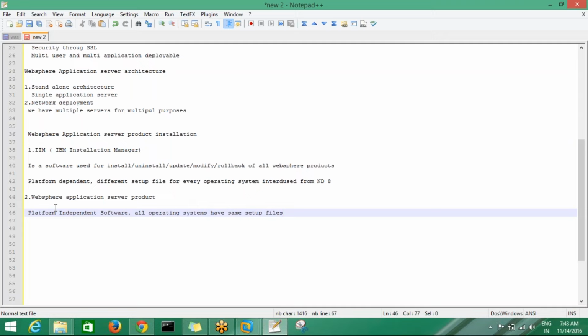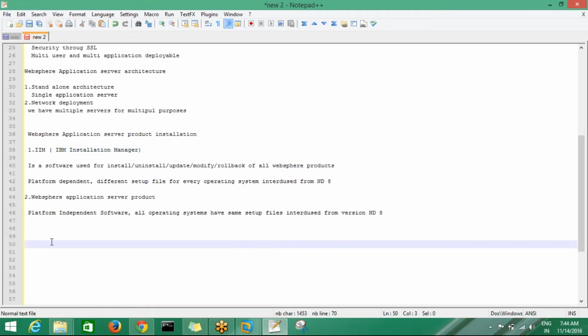This was introduced from version 8, version ND 8. So we will see these things on the Linux machine. Let's go and install IAM first.